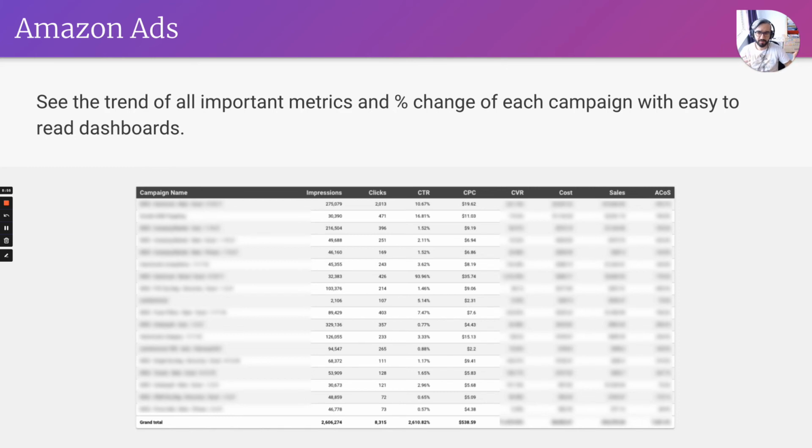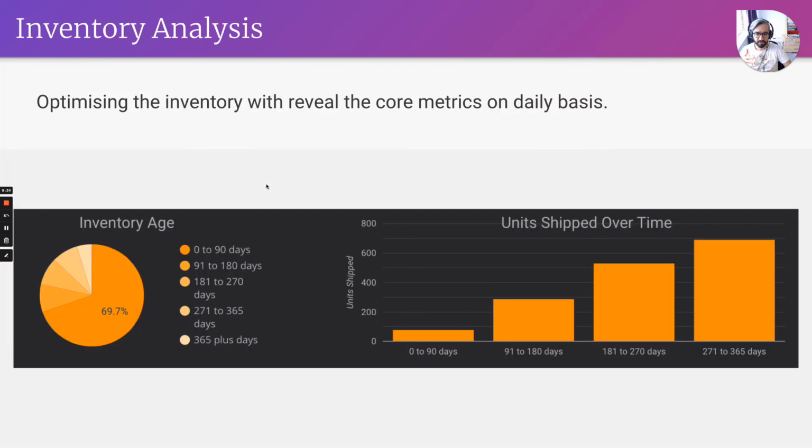So this is the Amazon Ads performance, and unfortunately we can't get this data automatically, and you should export this data and put it into a Google spreadsheet, because Amazon doesn't give API access to third parties. And that is it. And you are seeing each campaign's performance with the different metrics,